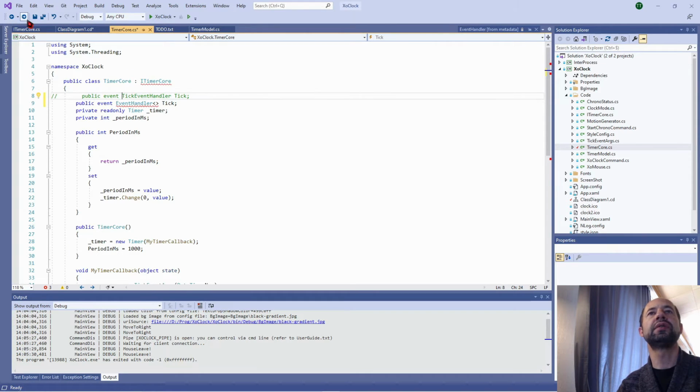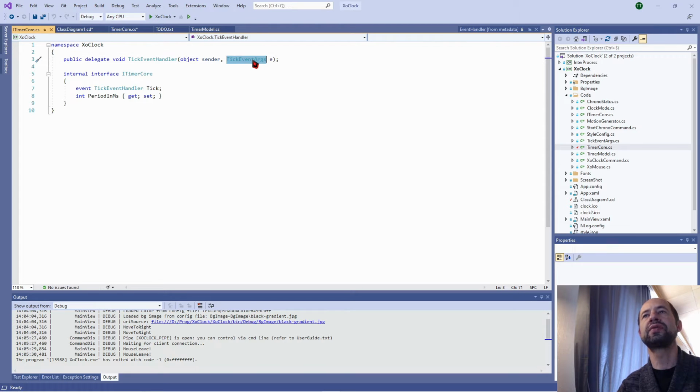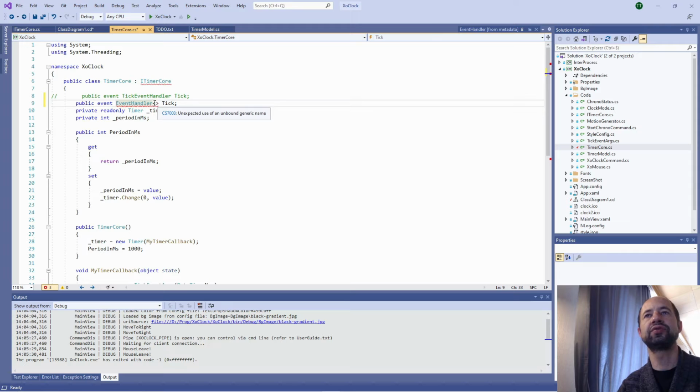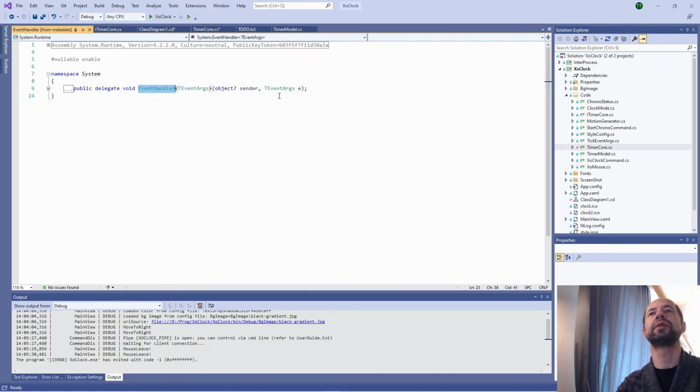The event handler here should take as input the generic type event args, so this should be replaced by this. And here we are using the generic event handler, which already defines the delegate.